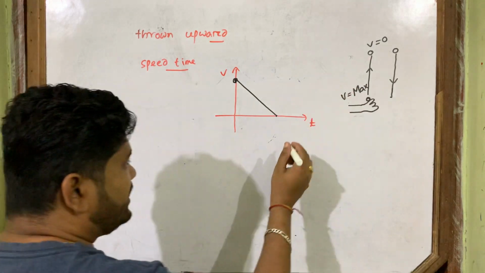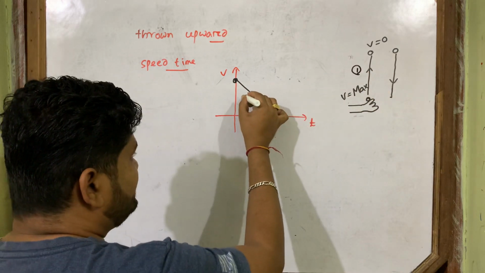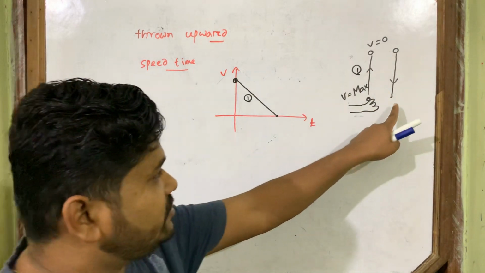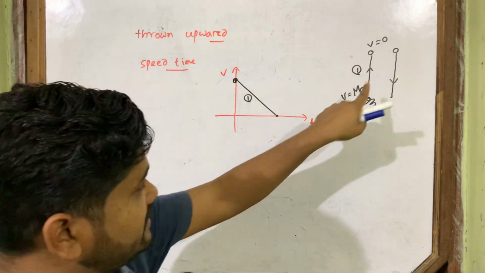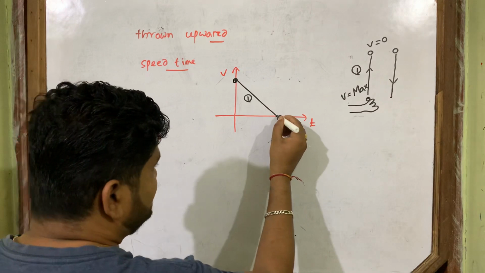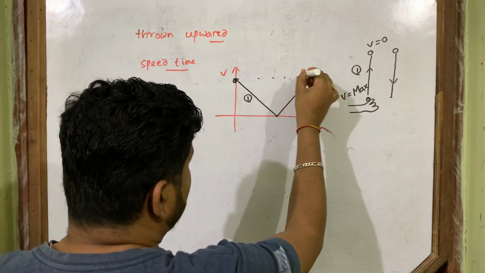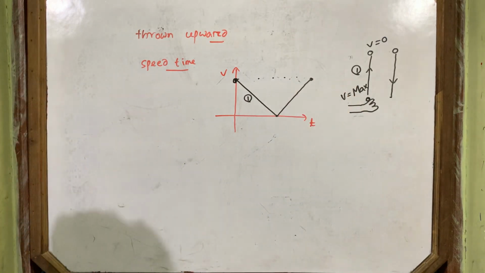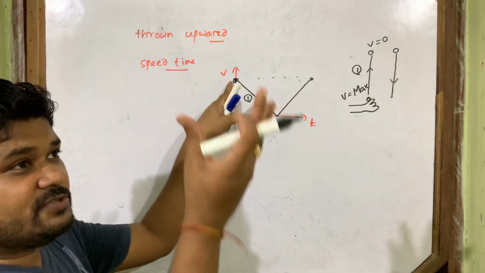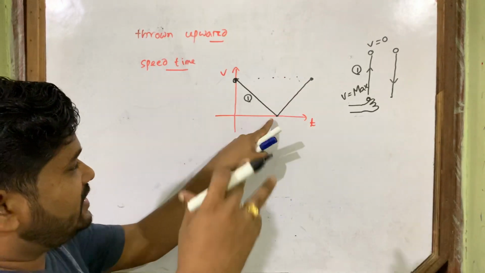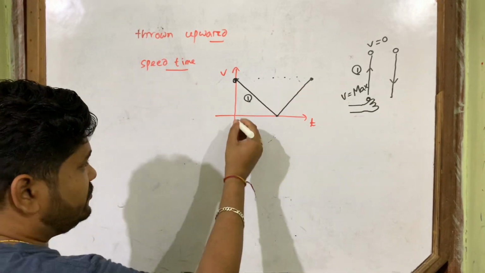Okay, so this is the first part. I draw the graph of the first part. Now when I go to the second part, its speed is 0 here. Now that speed increases, and goes to the same value. This will be at the same level. This is the speed time graph. Maximum speed, gradually goes up, becomes 0 there. Then returns back, speed increases, and returns to the thrower's hand.